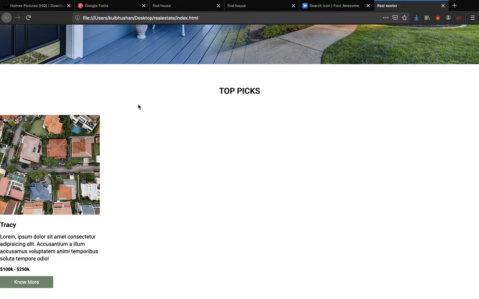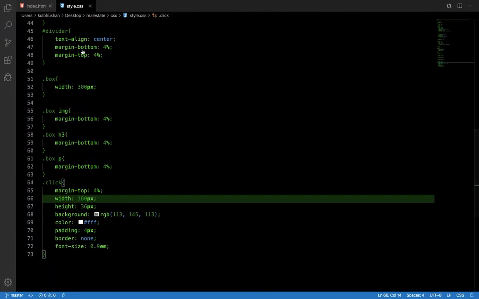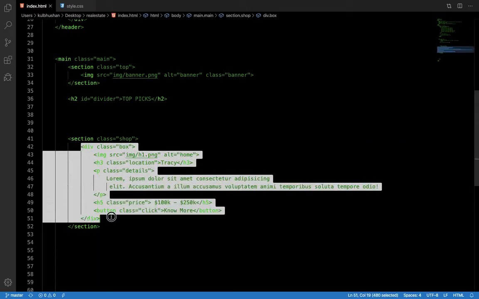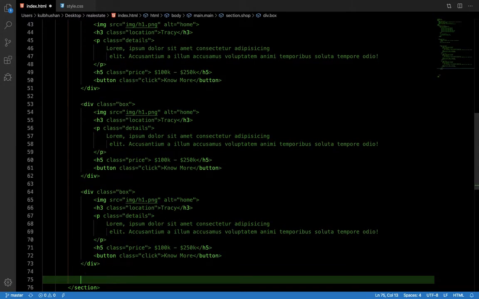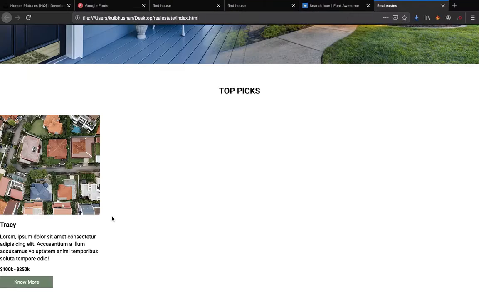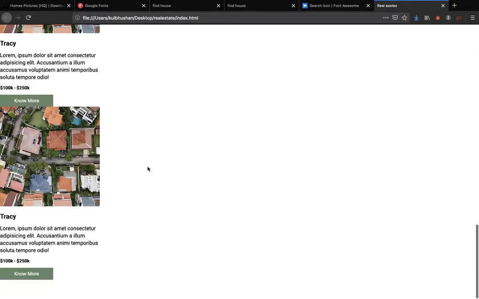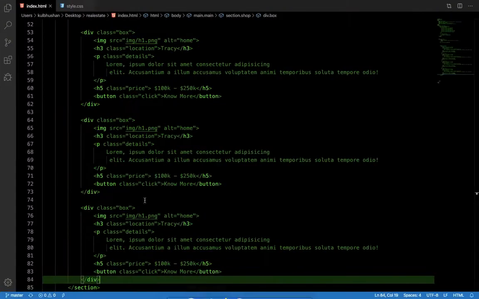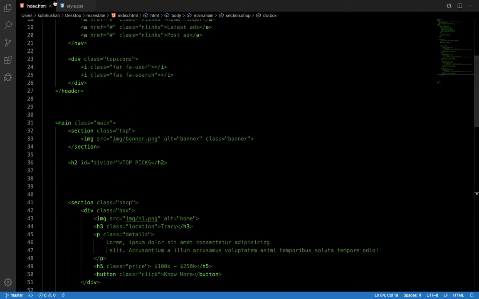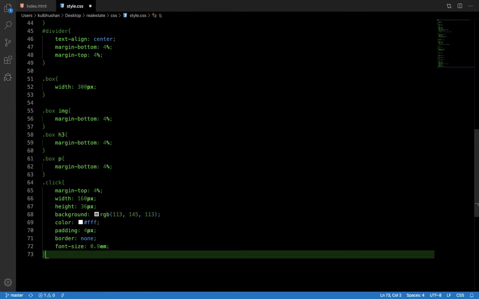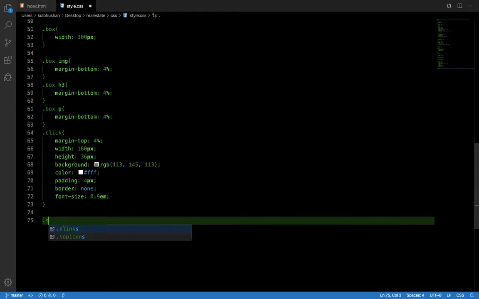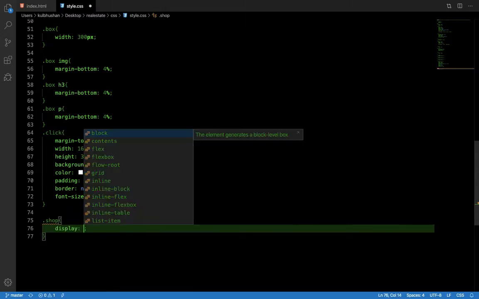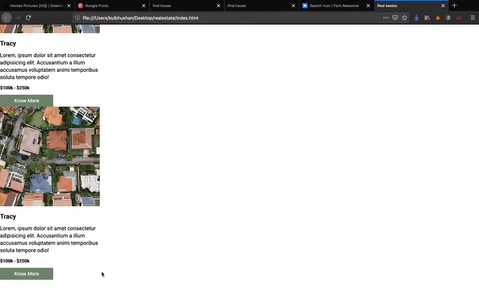Okay, and now I will do one thing. This box needs to be duplicated 2, 3, 4 times. If I load it now, the images are displayed like this. We don't like that, we don't want that. So these images inside the shop need to be flexed. Have we styled the shop yet? No. Shop, display flex, and